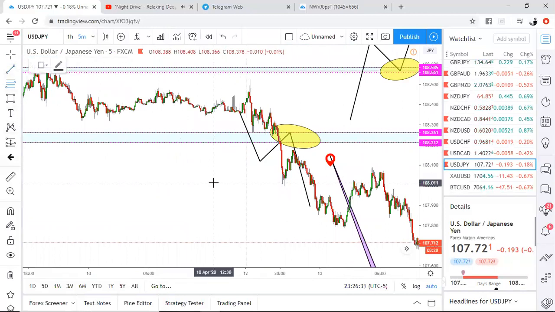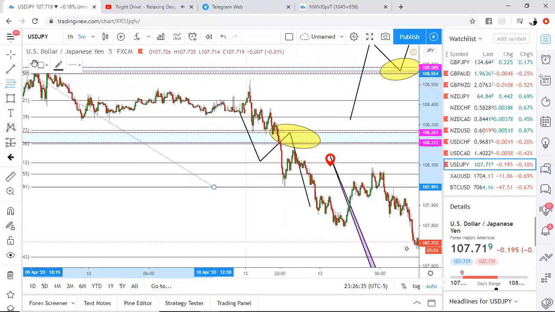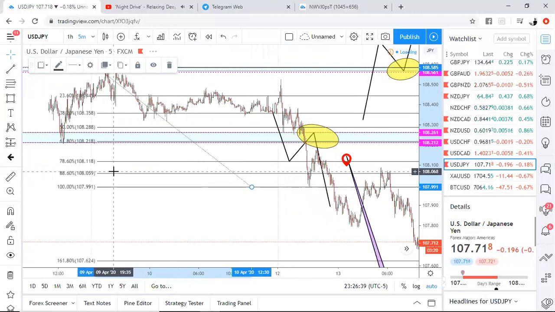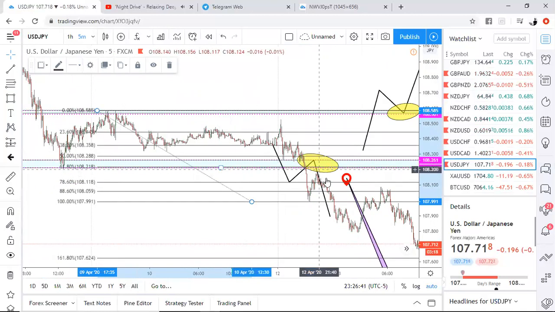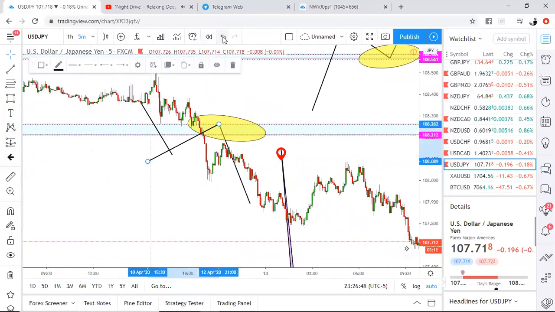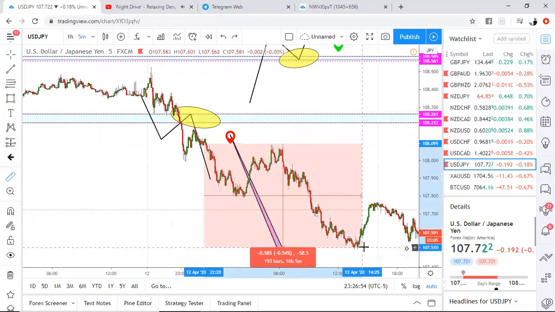Let's say we measure it from that low to that high over here. Yeah, 61.8. So two levels of confirmation. So even if you did take